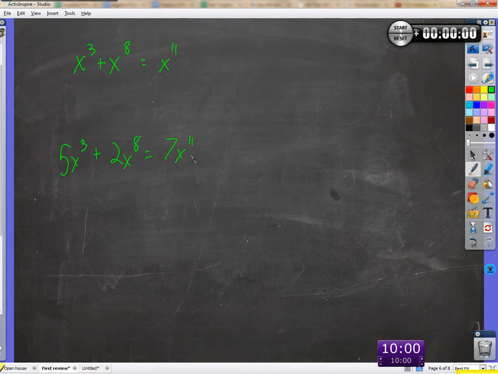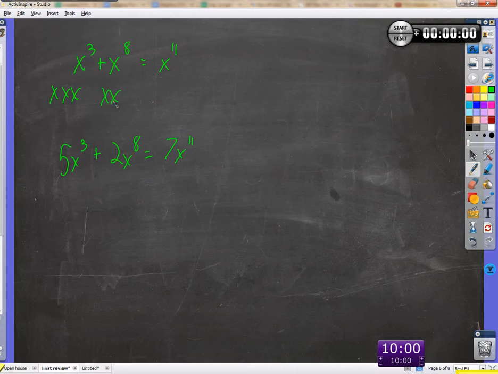Can we justify that with what we know about addition and exponents, multiplication? What does x to the 11th mean? What are we doing with x? Multiplying by itself 11 times. Let's see how we wound up with that. What are we doing with x here? Multiply by itself 3 times. And then what are we doing separately with this x? By 8 times. So if we multiply this by itself 3 times,